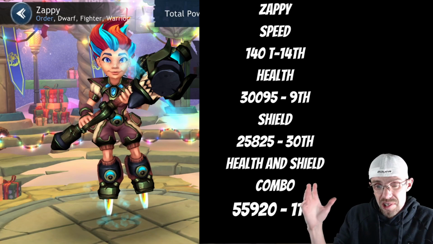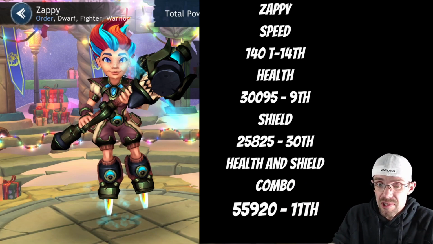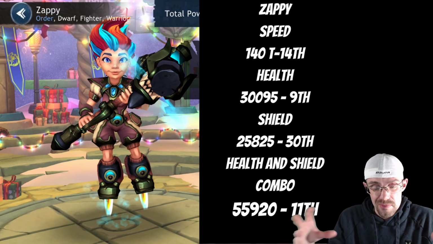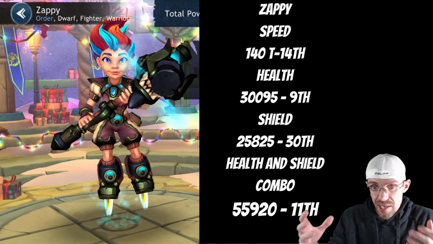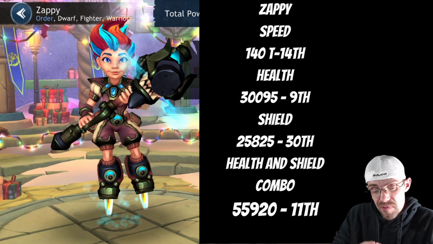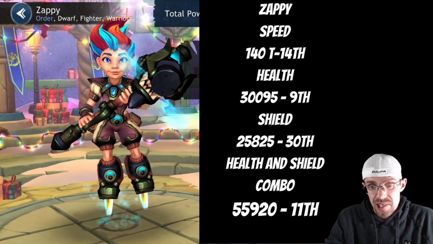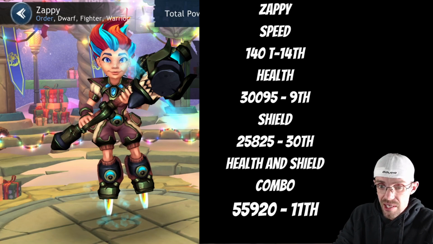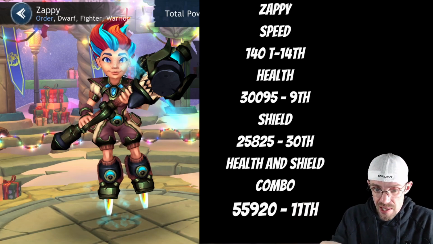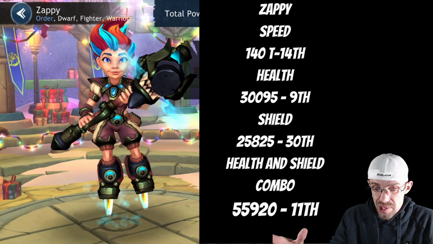Alright, Zappy, speed. She has 140 speed, tied for 14th in the game. That 140 speed on a fighter warrior is pretty standard, but it is tied for 14th in the game. Health is a very nice 30,095, coming in at 9th. Shield, 30th in the game, so about midway, at 25,825. Health and shield combo, 11th in the game, really respectable,